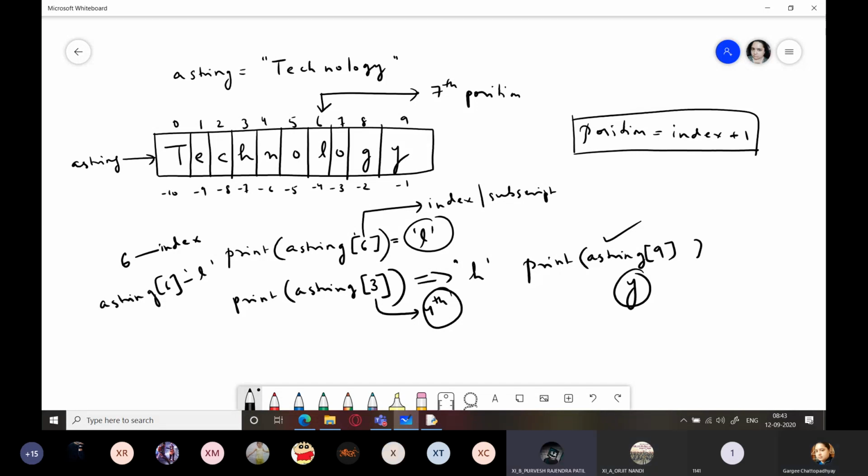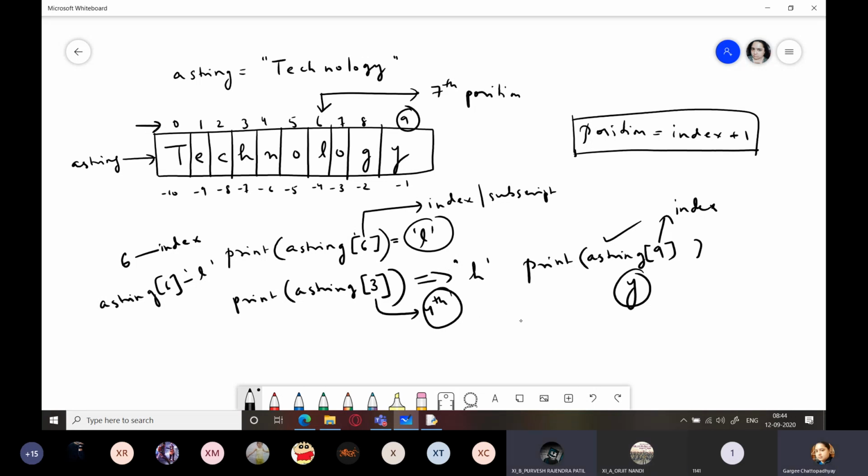Ma'am, it must be 10 now. Why 10, dear? Because 10 is the position and we never access individual elements from a string object using position. We access it using index. The index is 9 because it starts from 0. Start from 0, then count the positions here: 1, 2, 3, 4, 5, 6, 7, 8, 9, 10. This is the 10th position, but the index is 9. Why? Because the first value is 0.